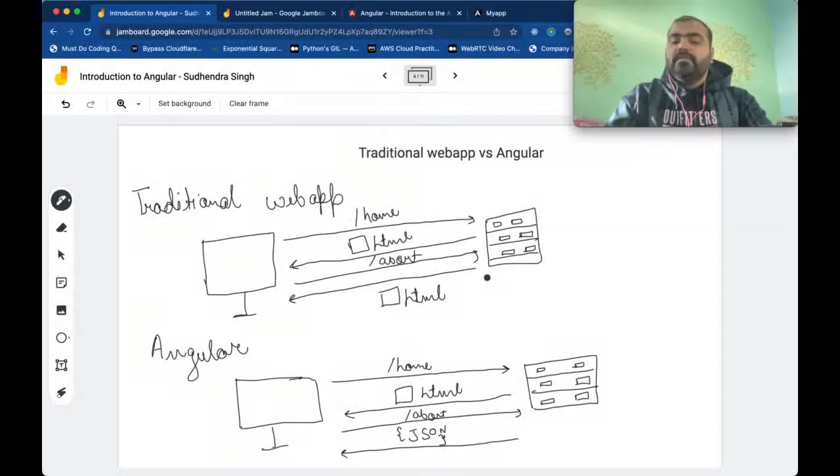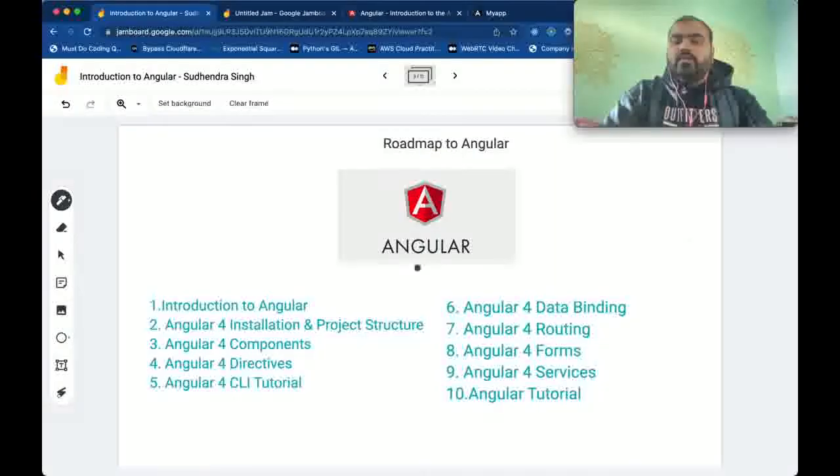Now the HTML page remains the same, the content of that page changes. This reduces the overhead of sending the HTML file again and again, which is not required at the time. So only contents can be shared to this file. Now, furthermore, we have